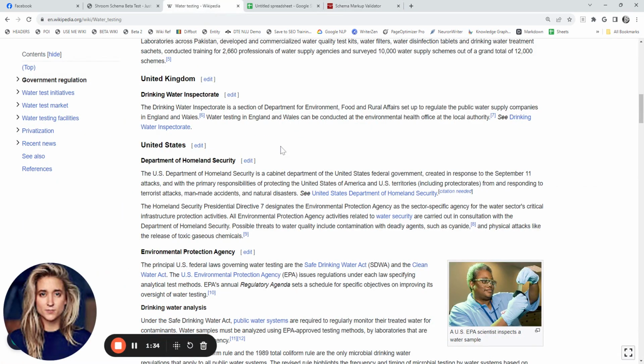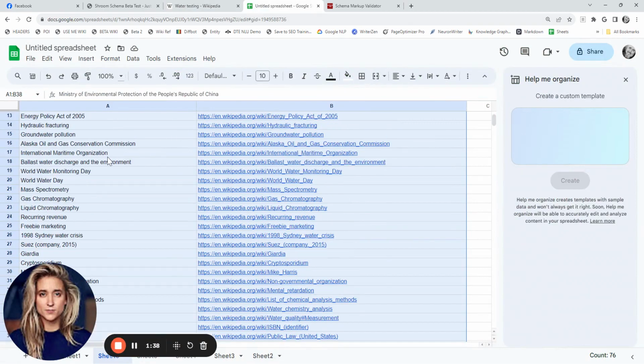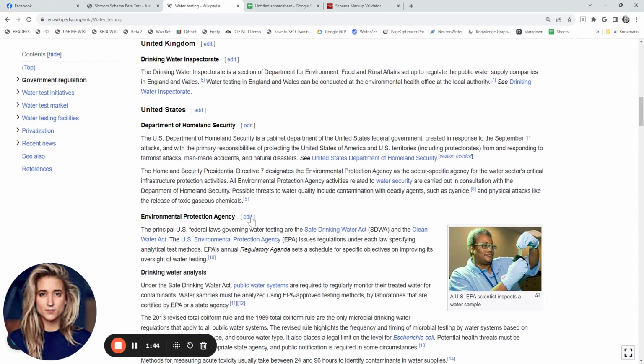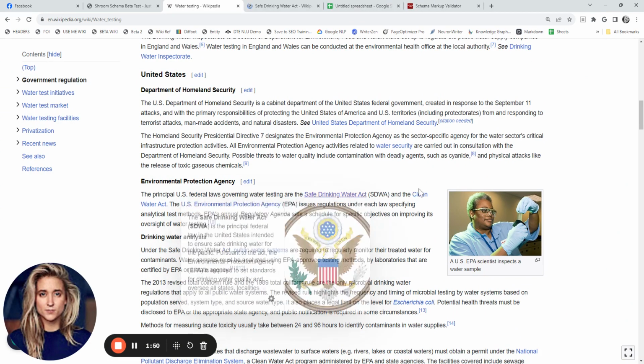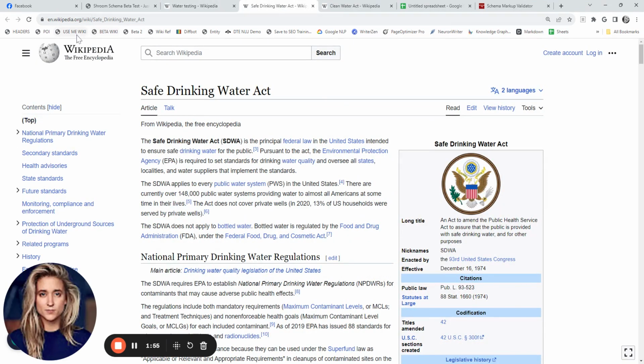So what do we have going on? All I gotta do is pick out the terms I want that seem important, but maybe that's not it. Let's talk about, I don't know, the Clean Water Act and the Safe Water Act. Let's open those up. We'll get the Clean Water Act. Let's grab some of these terms here